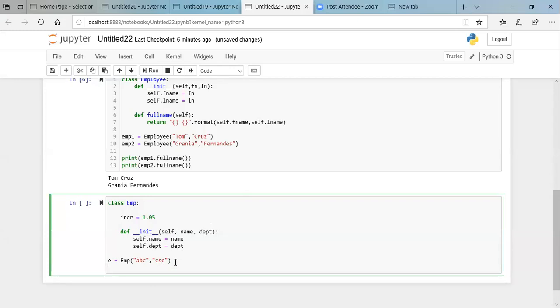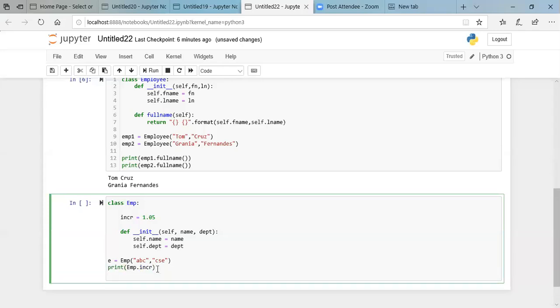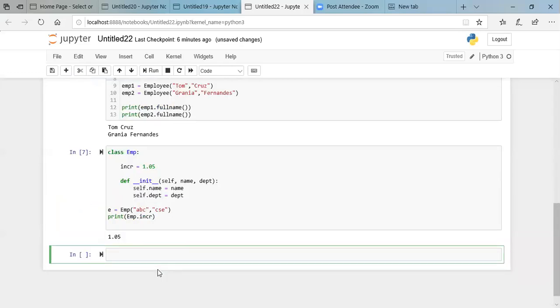Now if I want to see its increment, I'll say employee dot incr and print this. You can see that the increment variable is not associated with any specific object. It is associated with all the objects of the class EMP.